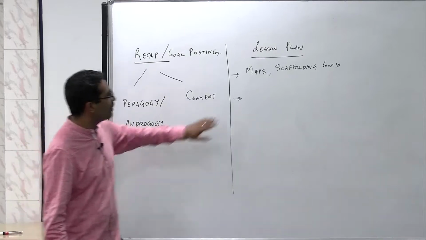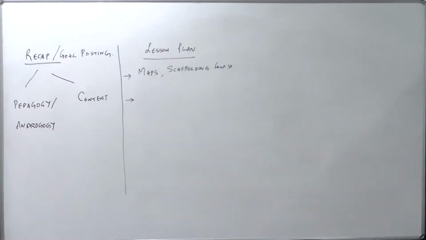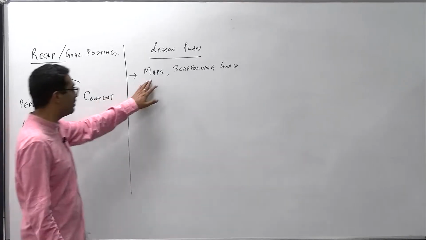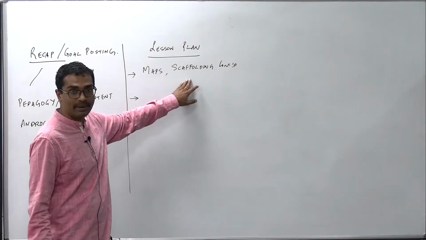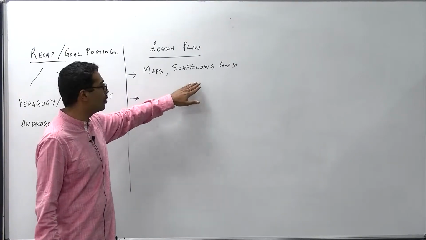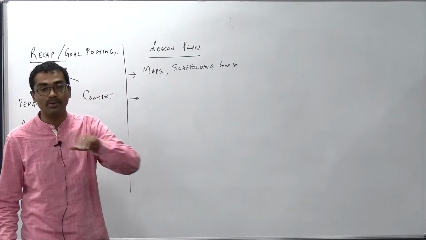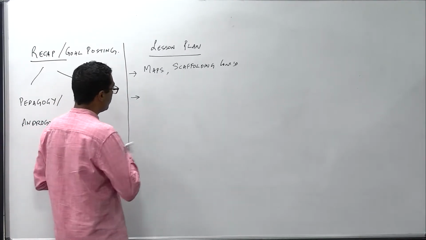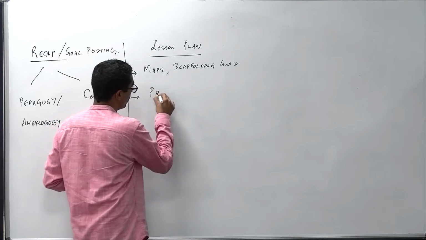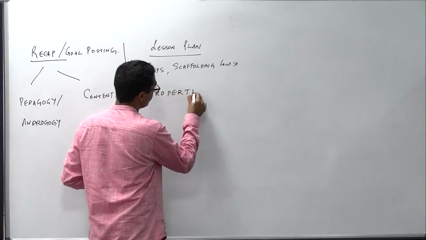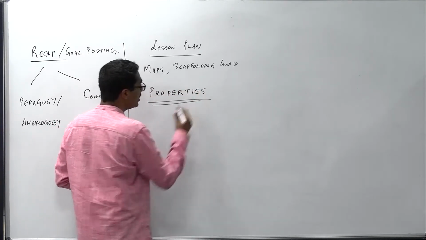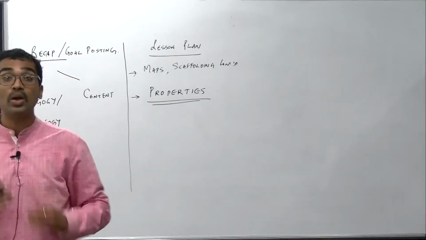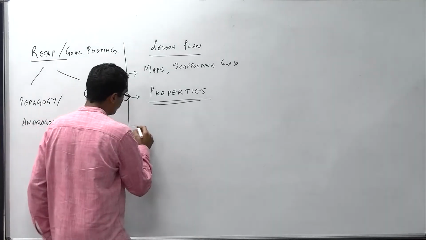concerned. The other things that I'm planning to do today include something called knowledge maps, mind maps, concept maps, and scaffolding. We have already introduced you to the idea of scaffolding in the context of an active cooperative learning environment. Over and above this, we will be having some discussions on properties, and especially in the context of properties, I'll give you an example of how something called Bloom's taxonomy can be used